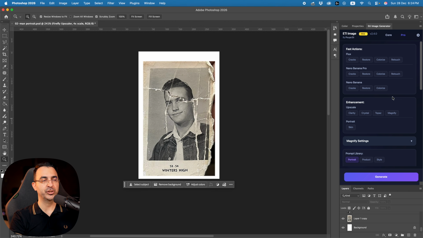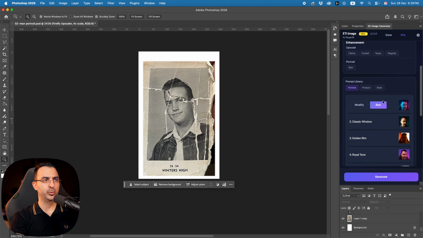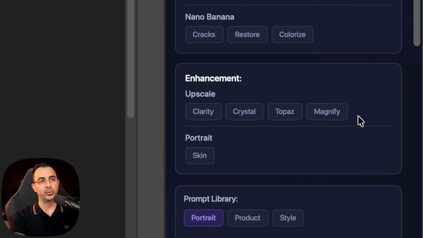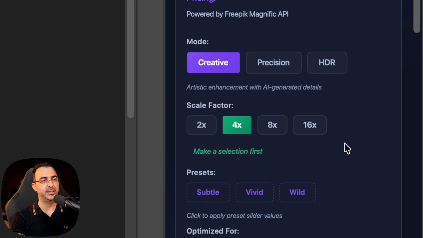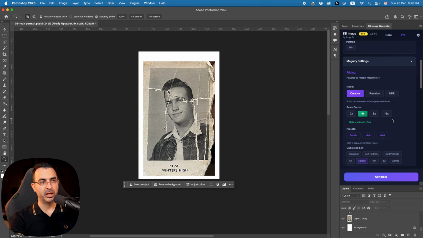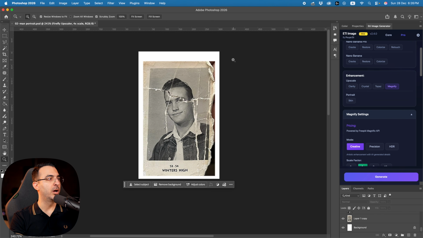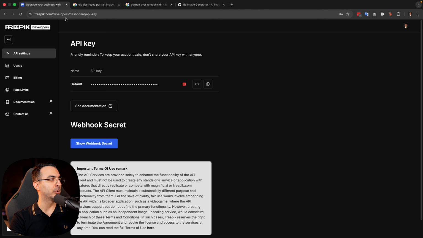Let's go to the Pro version. And here inside the Pro version, we have many different tools, a prompt library for product, for portrait. But the cool thing about it is that we recently added a tool under enhancement called Magnific. And here it is. But for it to work, you need to connect it to freepik.com first. So all you need to do is to come to